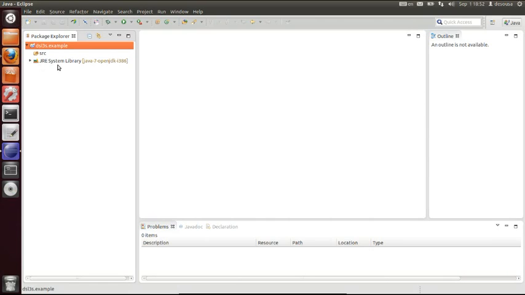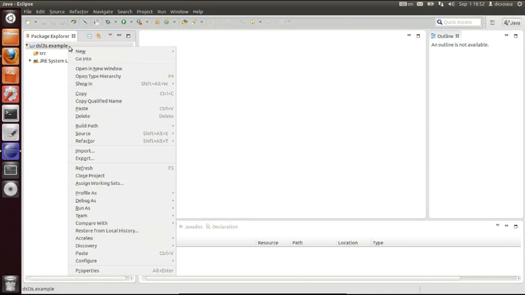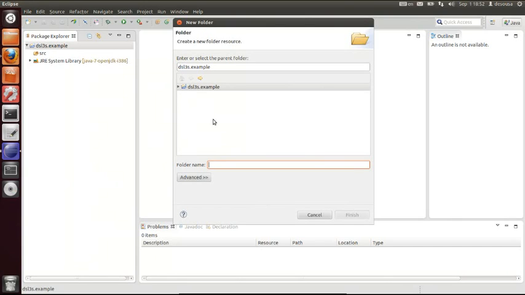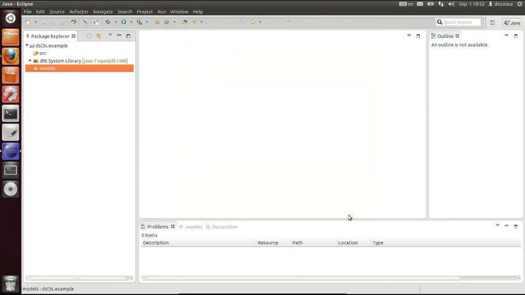to our DSL3S models. Right click, click New, and select Folder. So let's call this folder Models. There it is. So now that we want to start designing a model, we can shift the perspective